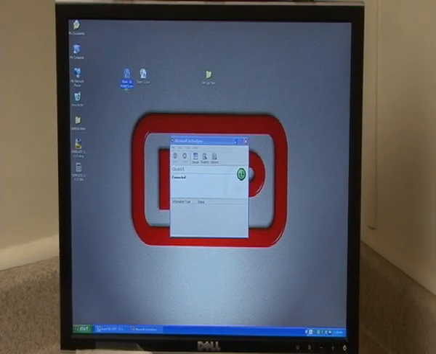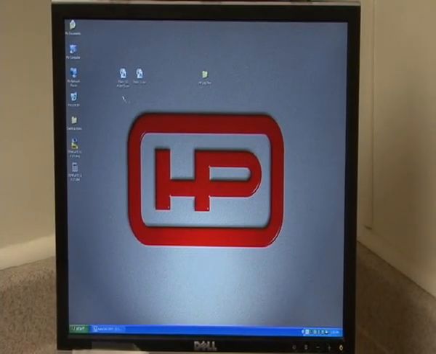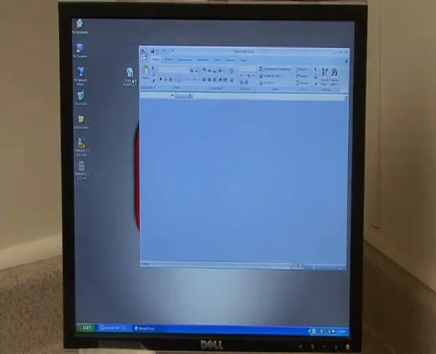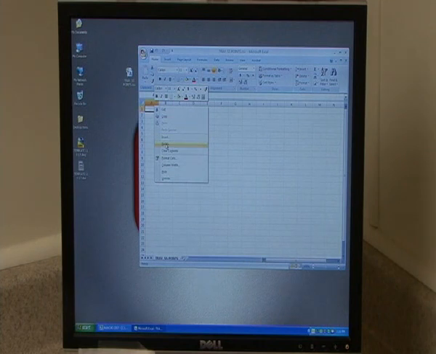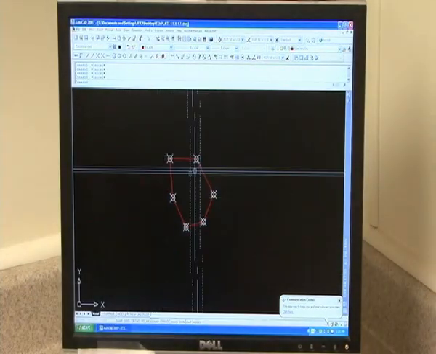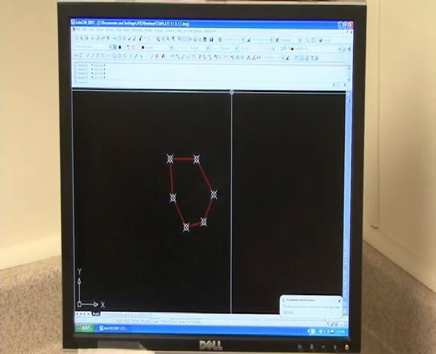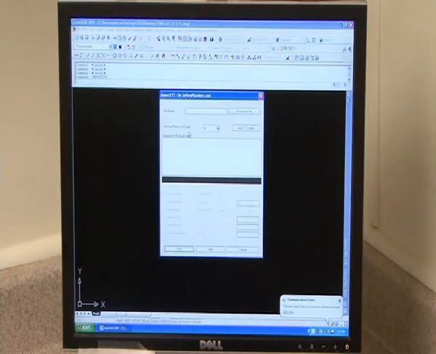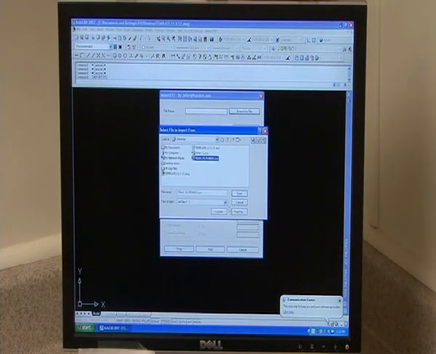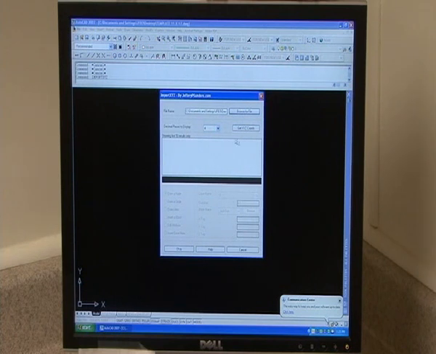Now that's traverse side shot points. I'm going to close ActiveSync, go into the Excel file, delete the first column because we don't want the names to import. Bring up my AutoCAD, and now I'm going to switch layers, go into Import, X, Y, Z, hit Enter, browse for that file, hit Open, select 3 rows, or columns rather, get the XYZ